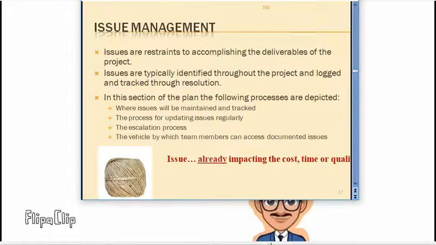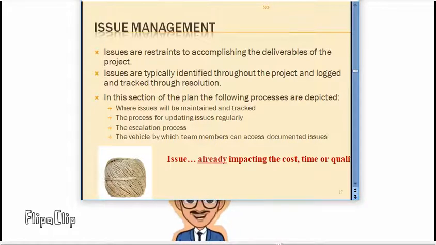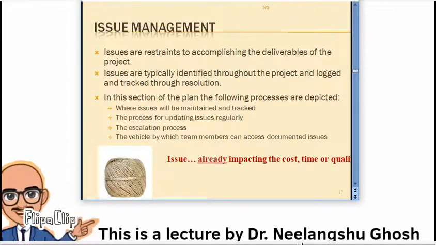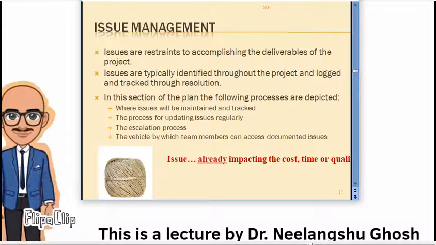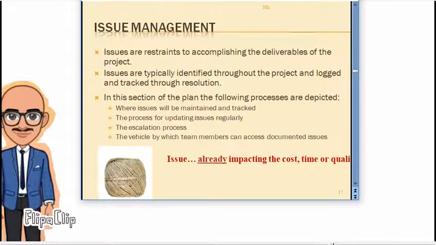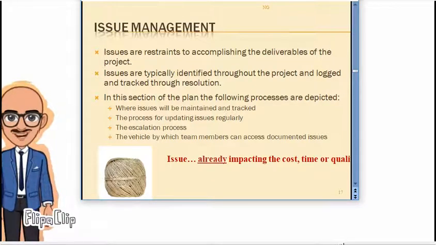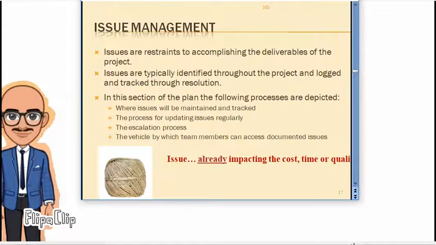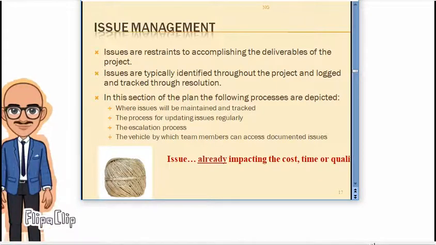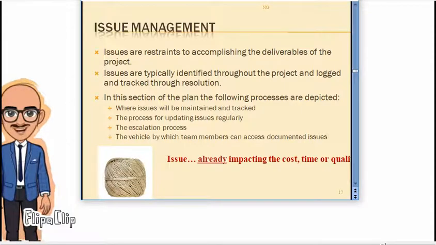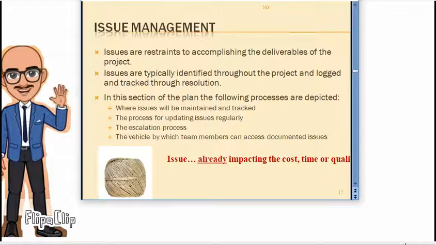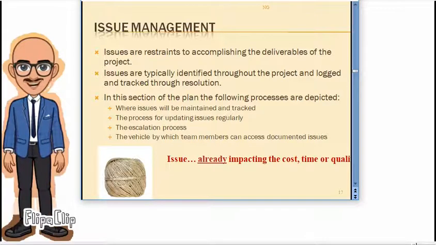Suppose sometimes during the project a supplier says they cannot supply the thing in time. So what needs to be done? Then you have to look for alternate suppliers so that the material can be delivered within the right period of time, and correspondingly the project can go on so that no delay happens. As we have already said, more delay means more cost. So we have to think about the different issues that may crop up